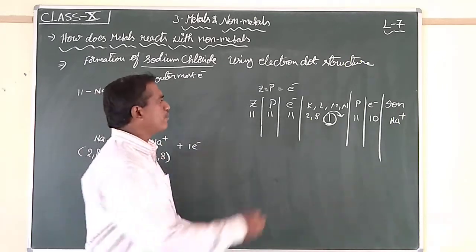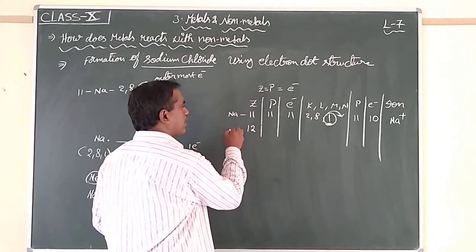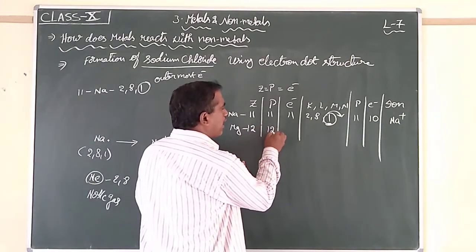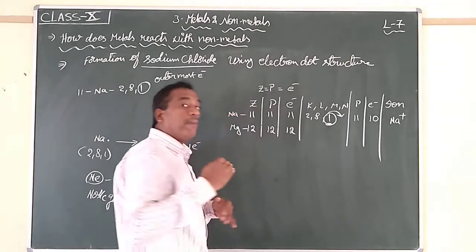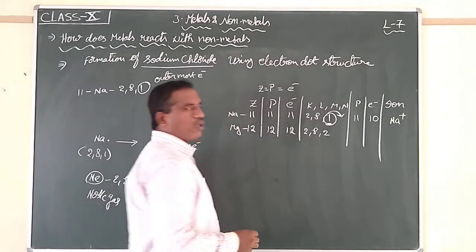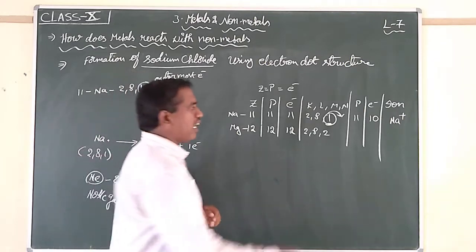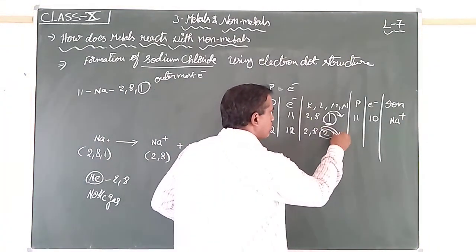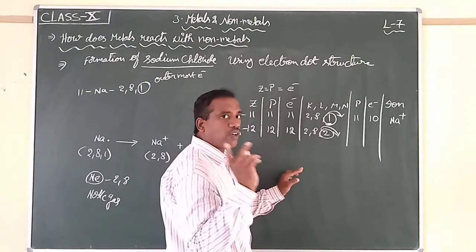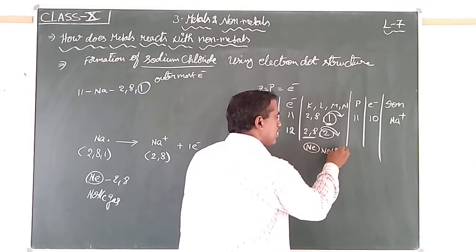Can you write for one more? I want to give the atomic number 12. What is atomic number 11 for sodium you mentioned? 12 is nothing but magnesium. Yes or no? So protons of magnesium are 12. Electrons of magnesium are 12. Basically, how do you distribute them? 2, 8, 2. Previously, we got the point: if 1, 2, 3 electrons are present in the outermost shell, they will be lost. How many electrons are lost here by magnesium? 2 electrons are lost. Why? Because to become like the noble gas neon.